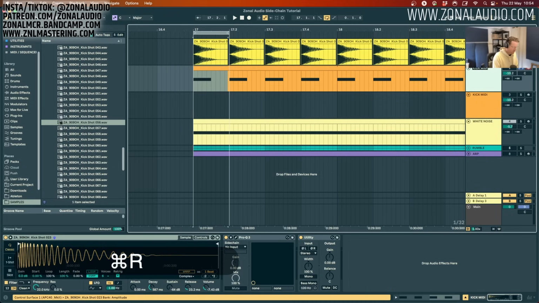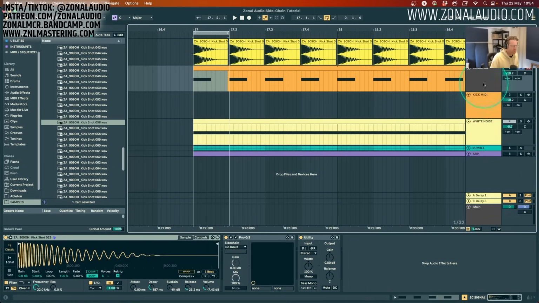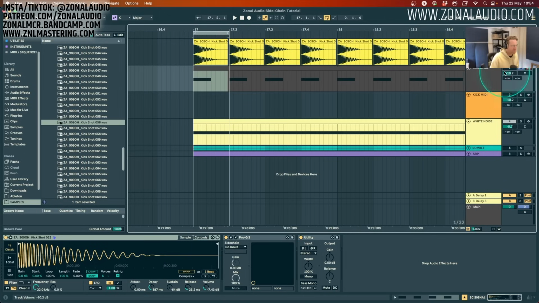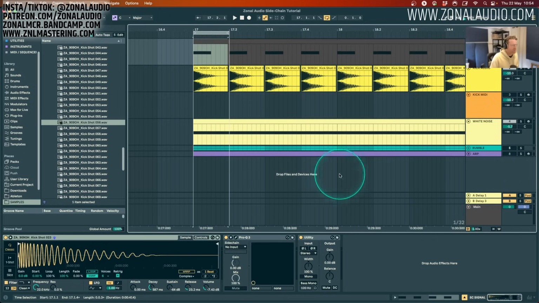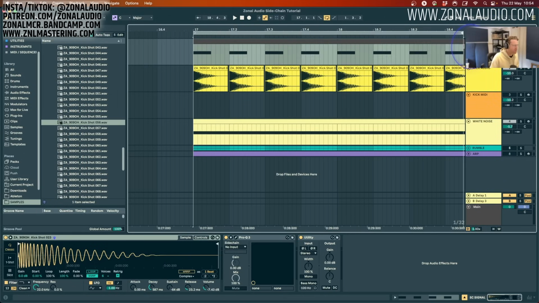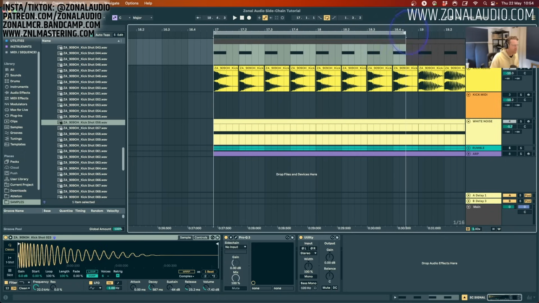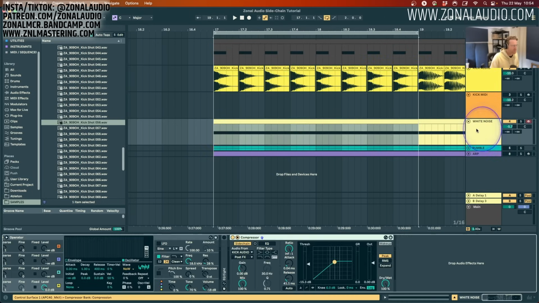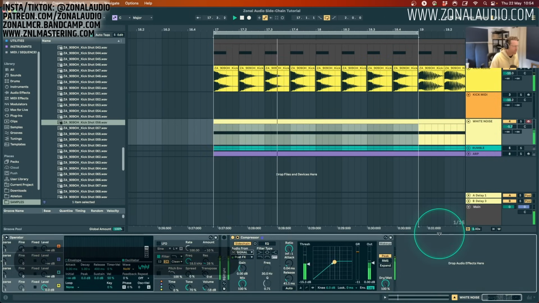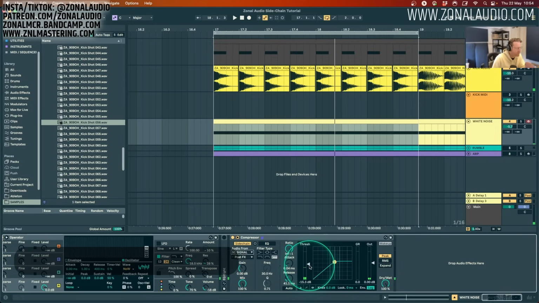Let's call this one SC signal. And often I will just kind of gray this out because it is not a track that is making sound. It is just there being a signal doing a job. So I don't want it distracting me too much. So the track is turned off. We have our kick playing, and we will set this to be SC signal. And straight away, we hear that the sidechain isn't working as effectively. However, if I bring down the threshold,